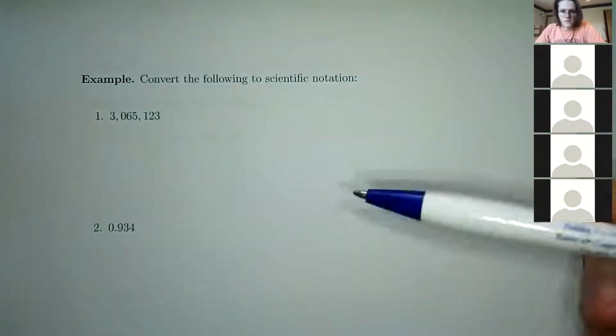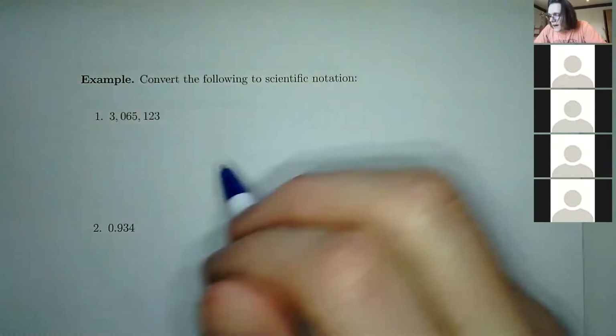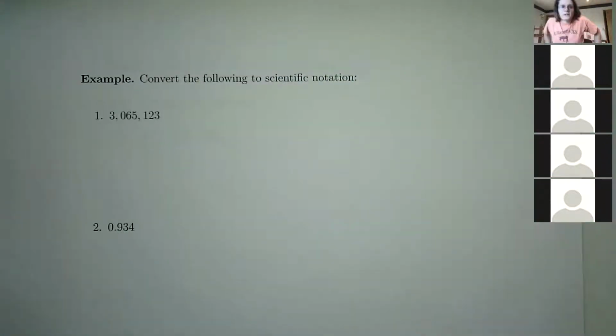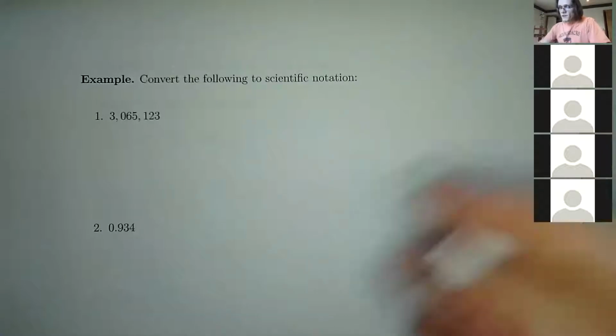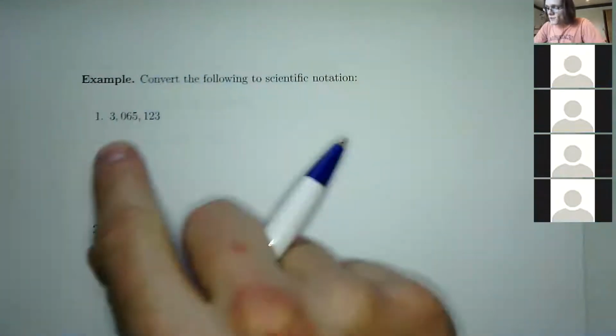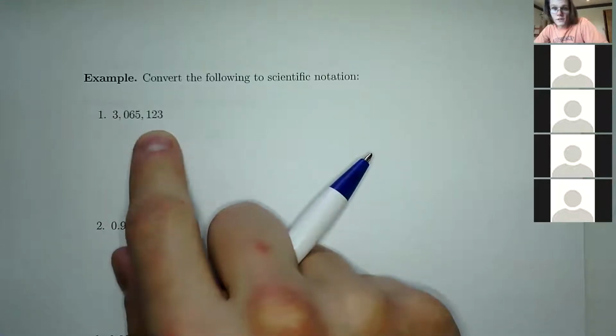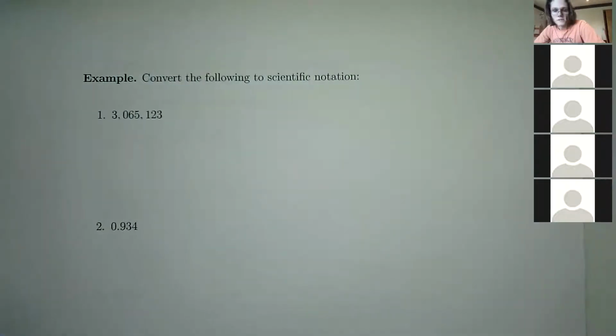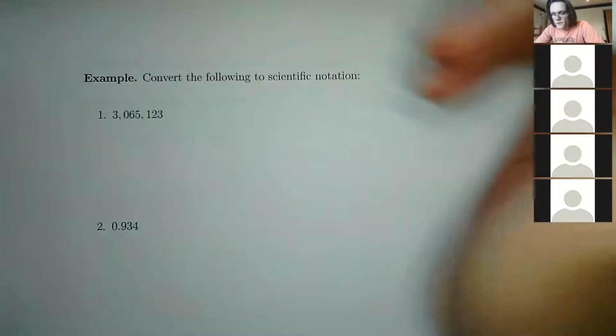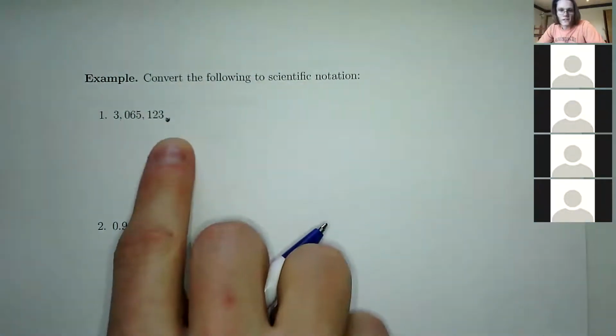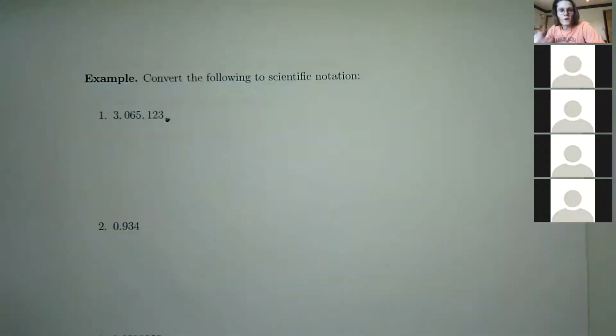These are just some random numbers that I popped up, and there's a quick way to do it. We're going to look at the decimal points. So this is an integer, right? It's 3,065,123. I'm surprised I was able to say that. Sometimes I can't say numbers. But anyway, since it's an integer, the decimal point is right at the end. One way you can convert really easily to scientific notation is to move the decimal place such that